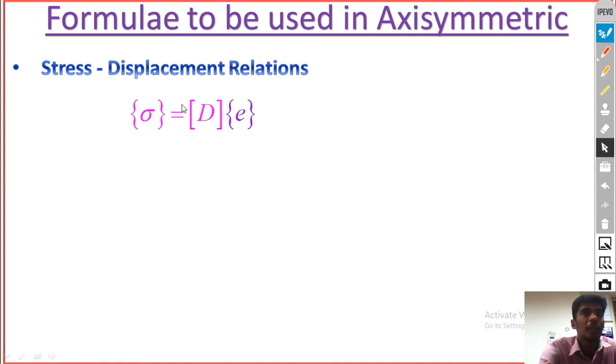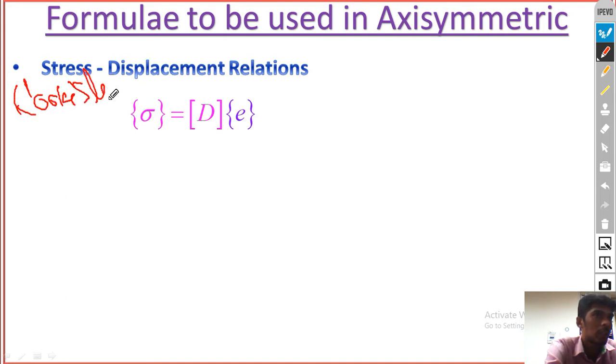So sigma, as per Hooke's law, everyone knows that. Everything comes from Hooke's law. We might have studied the basics of Hooke's law. As per Hooke's law, sigma equal to E into strain. Okay, this is the basic Hooke's law equation. Stress is directly proportional to strain within the proportional limit. This is Hooke's law.